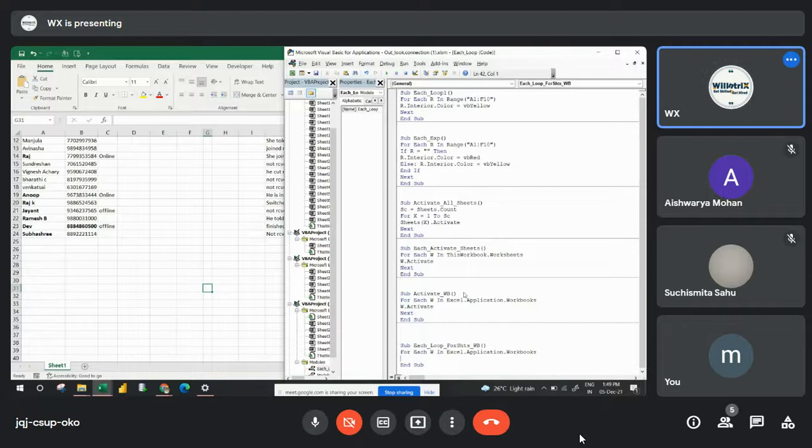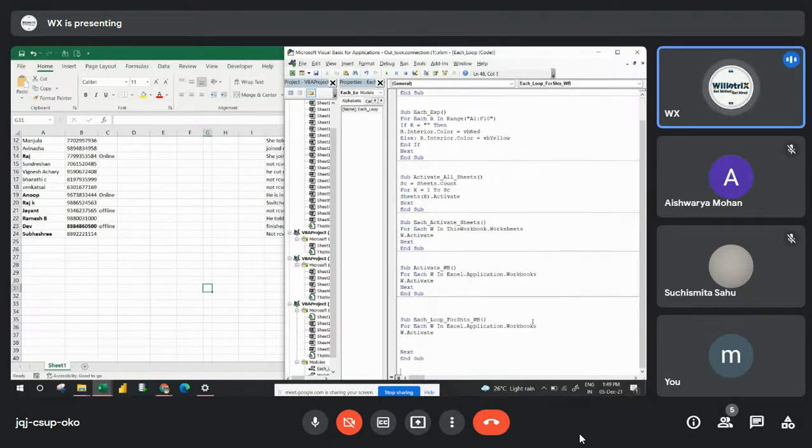After that, just W.Activate. Okay, I missed the Next here. Till this is just the code to activate the workbook, right? Then once you have activated the workbook, we have to write a For Each again, for Each WS, or any variable you can take. W is already nothing but a workbook. In that workbook, Worksheets again, and this will end with the Next. So here, WS.Activate.